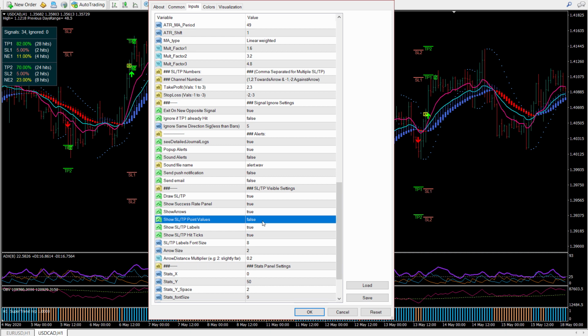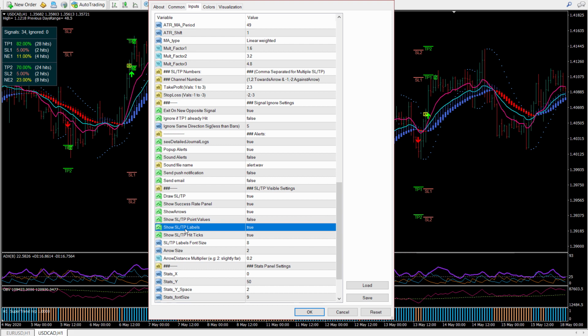So by default I have kept it to false. And if you want these SL and TP labels to be shown, if you keep this to false, by default you know that stop loss will be closer, SL1 will be closer, SL2 will be farther.